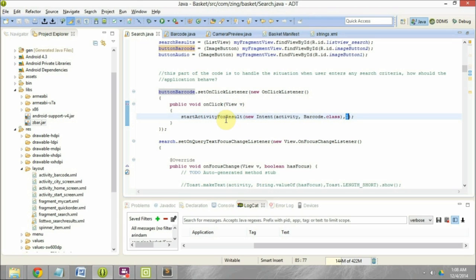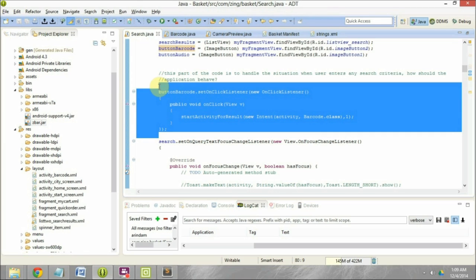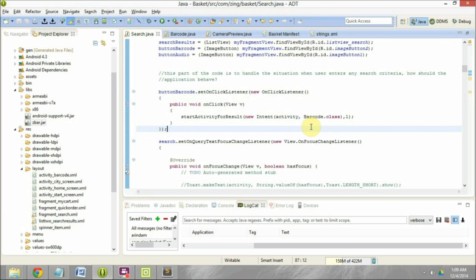Now start activity for result is different from start activity, in the sense that in this particular kind of call we are expecting a result back from the called activity, whereas in start activity we hand over the control to the next activity, and there is no passing back of information back to the previous activity, unless otherwise you want to implement it through extras in the intent. But in this particular thing, the host activity is expecting results back from the called activity. Okay, so this is just one piece of code that we have written here to put some action onto